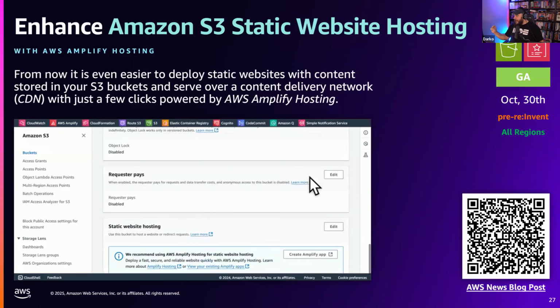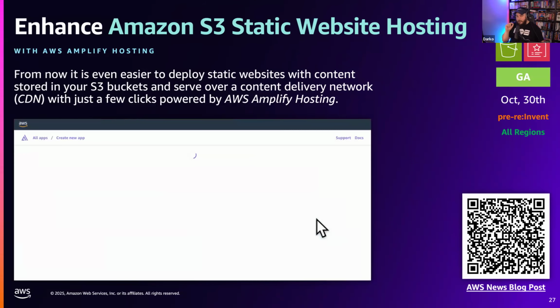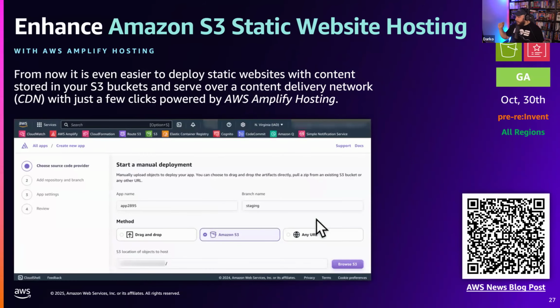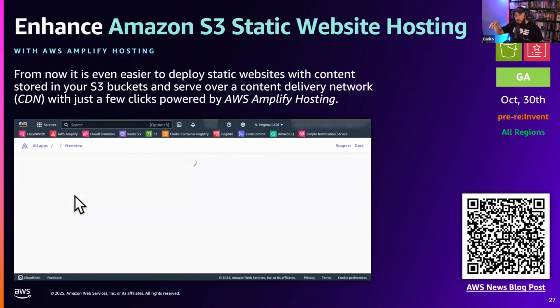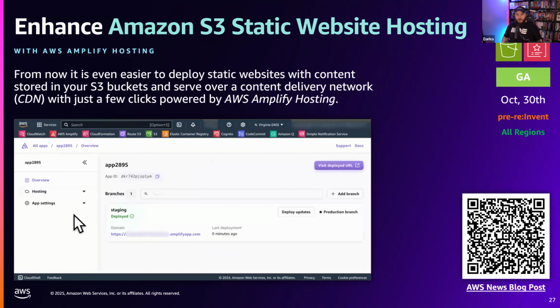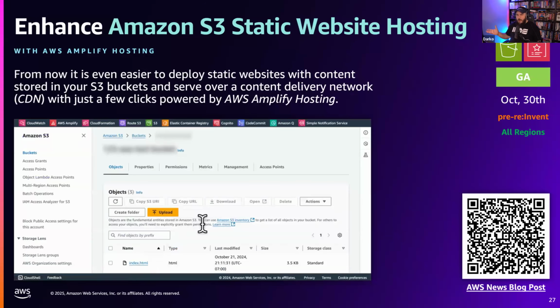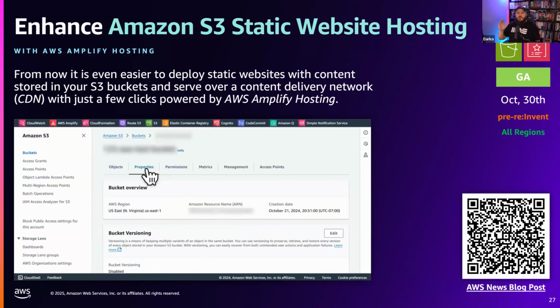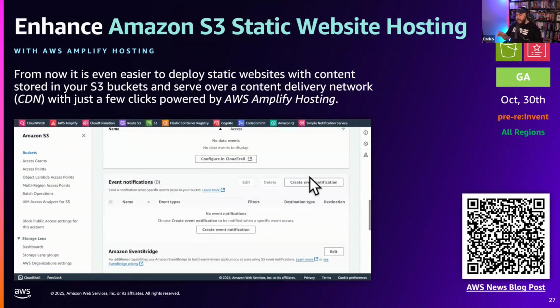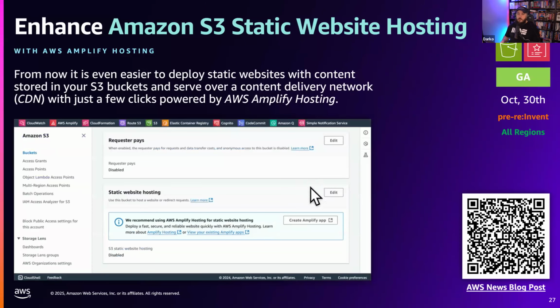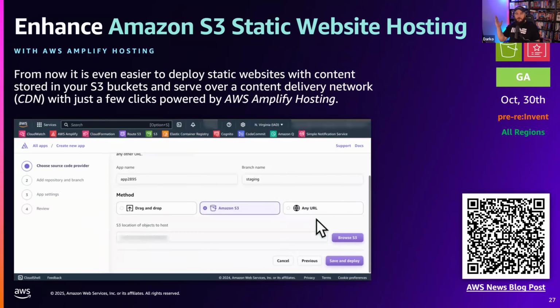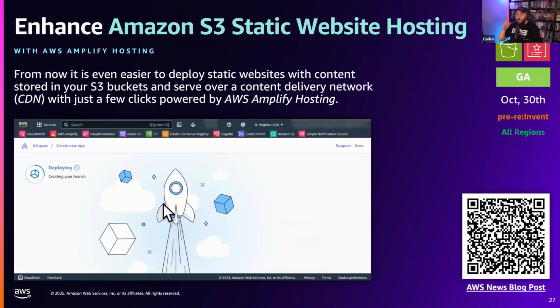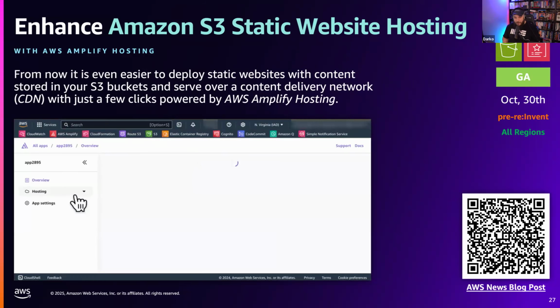The change right now is that inside of your bucket, you can actually go ahead and click a button, and it will basically use that bucket through Amplify hosting as your website, right? The reason why you would do that is because it makes it so much simpler to add HTTPS, add a custom URL, add all of those things with literally 2 button clicks. So nothing revolutionary, but an incredible quality of life feature that helps you out.